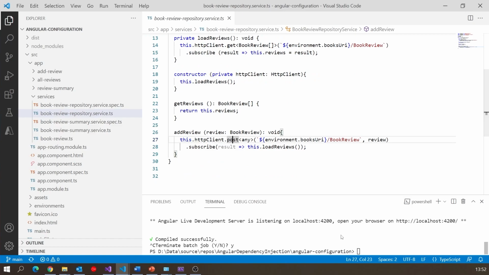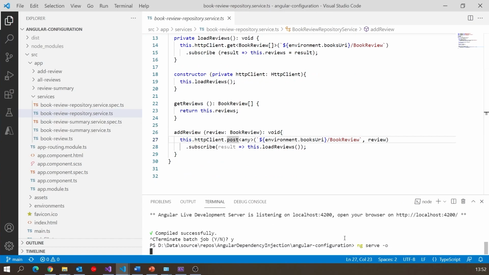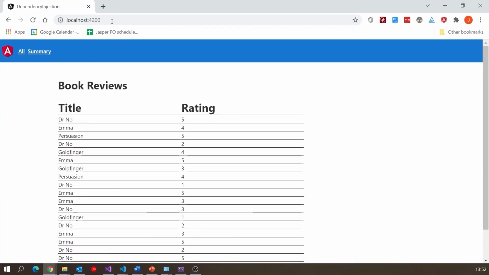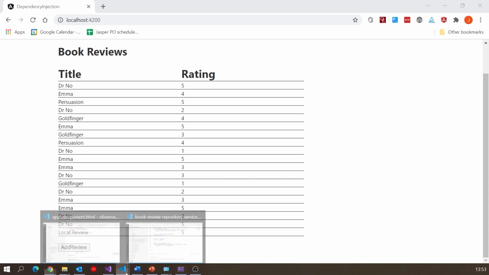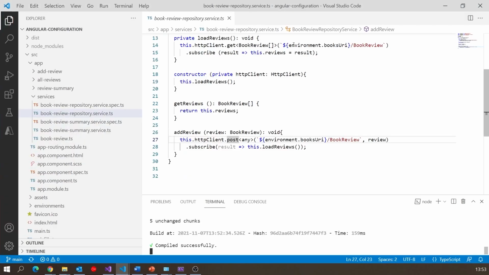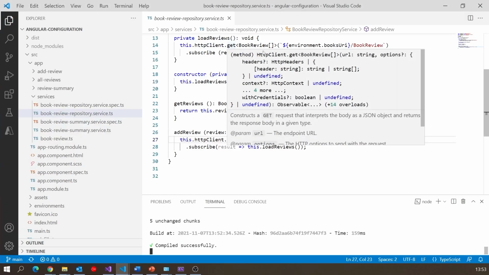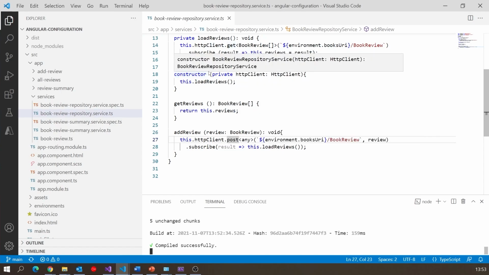So if I just run this up, then we got that listing from the server, and the request to the server had been made by using the HTTP client get, and then it returns this thing called an observable, which we then had to subscribe to in order to actually get the results and display them. And that's just one simple example.